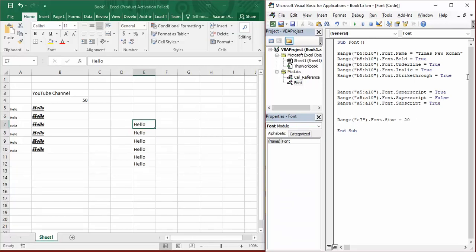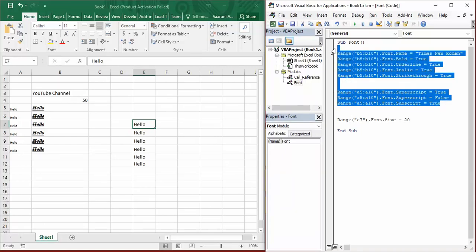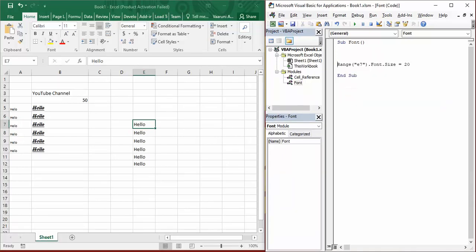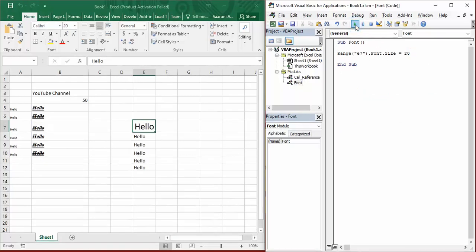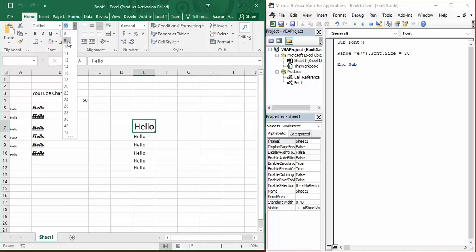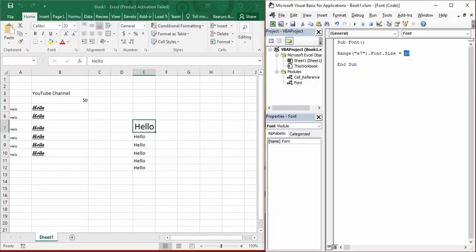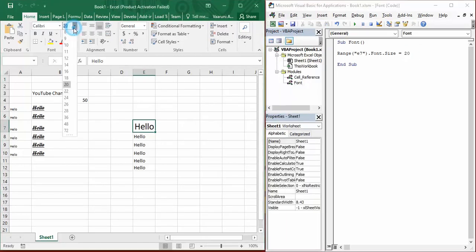You click on enter. Let's just get rid of all this code like this, and this is 20. You can run it. See, its size is changed to 20. You can see over here. Similarly, it could be changed to anything. It doesn't matter if this size is present in this drop down or not. 20 was present, let's change it to 19, as 19 was not present over there, or say something else, so that you can see the difference.